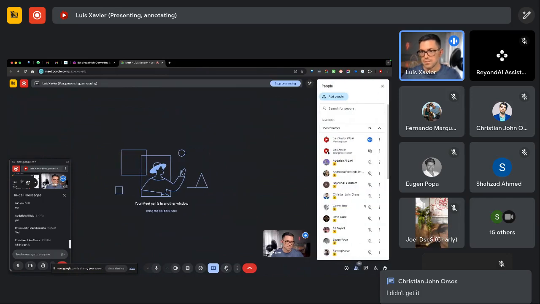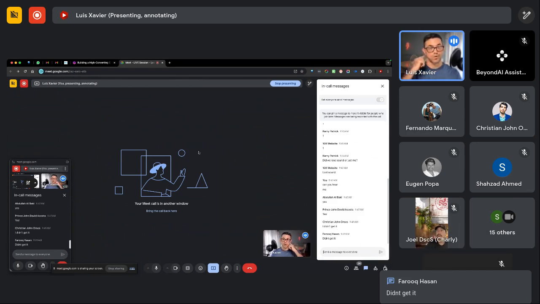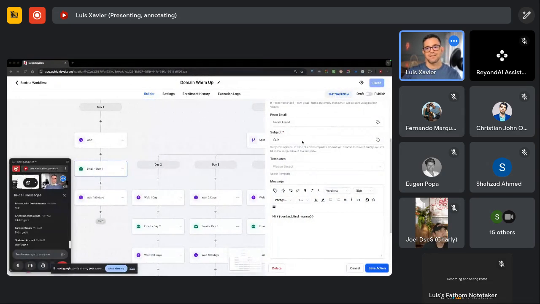Actually, let me ask you guys, has anyone not got it? Yeah, that's cool, that's fine. What I'll do is post the link in the main WhatsApp group, so then you guys can go and get the secret files, and you will get the emails. It will be the template for the emails along with an example of what to write.